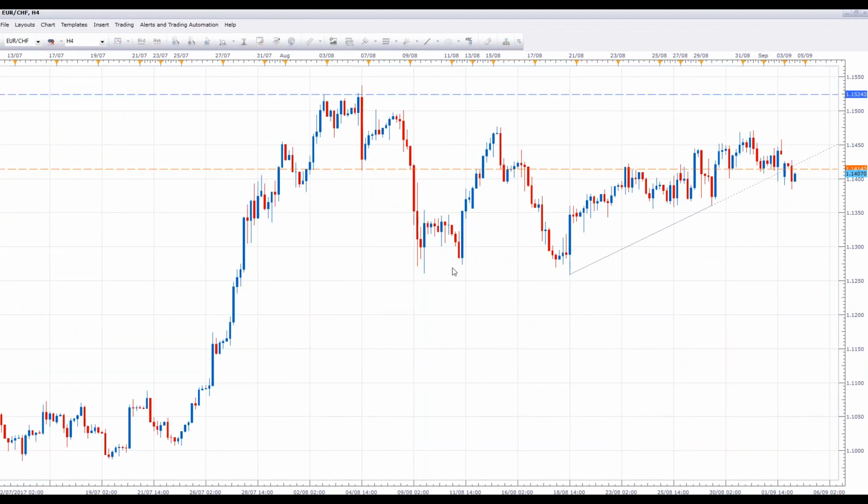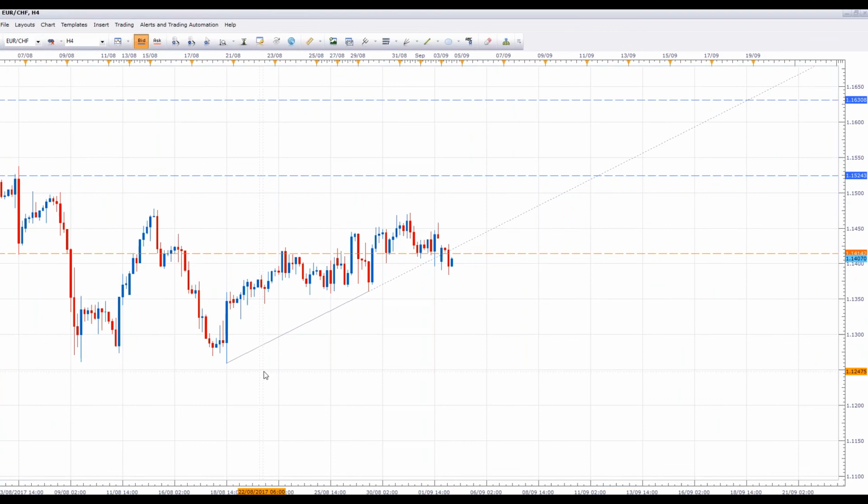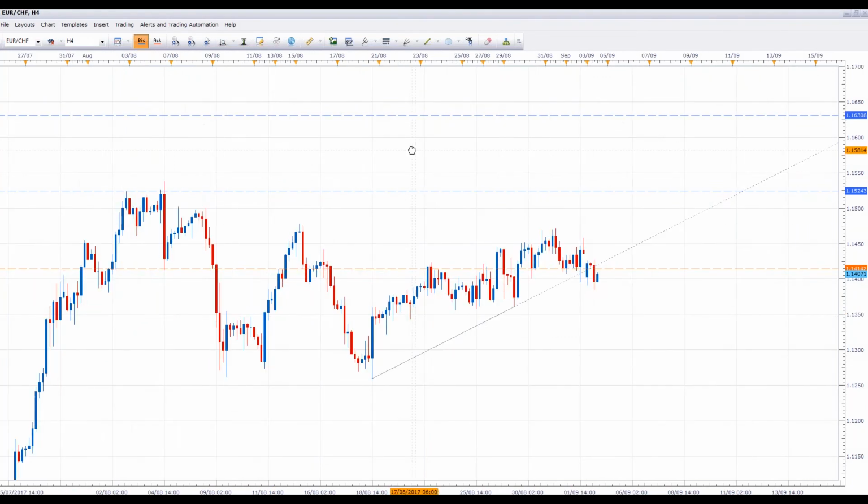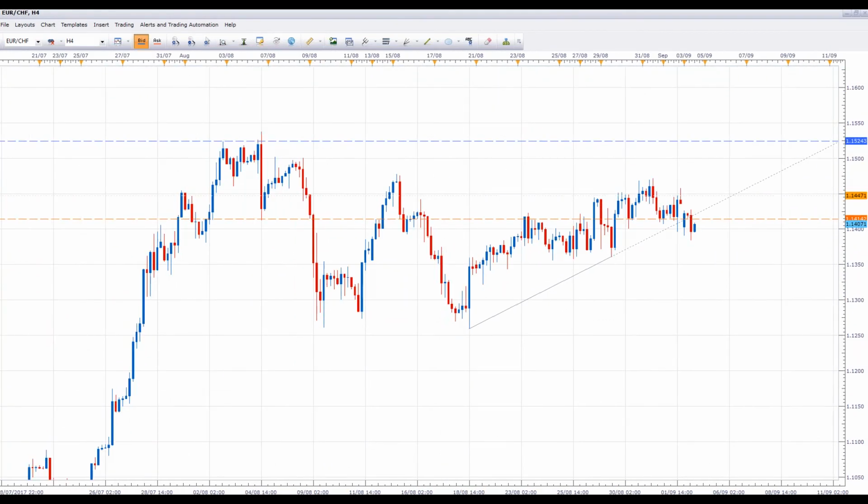So the Euro franc as well. What we want to see in the Euro franc is we want to see price trading back above this area over here. Back inside the trend line would be nice, and then we would be looking at this just as a false breakout. And then in this kind of area over here, we're going to be looking to initiate longs on the Euro franc. Now the reason I point the Euro franc out as well is because if we go to the left over here, you can see in the bigger picture, this is just a correction of this move over here.